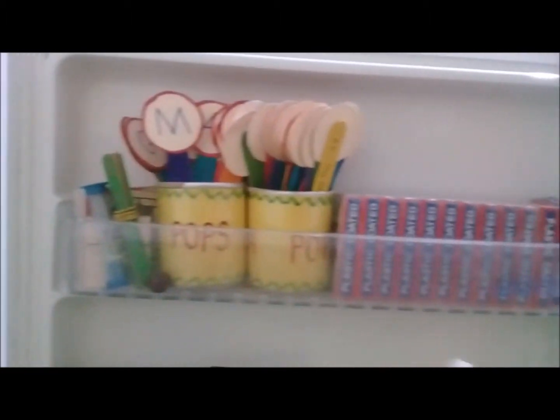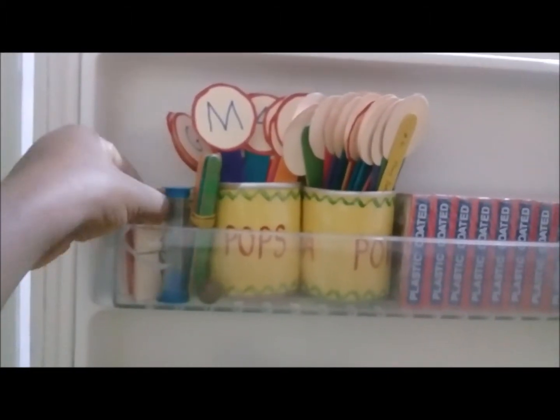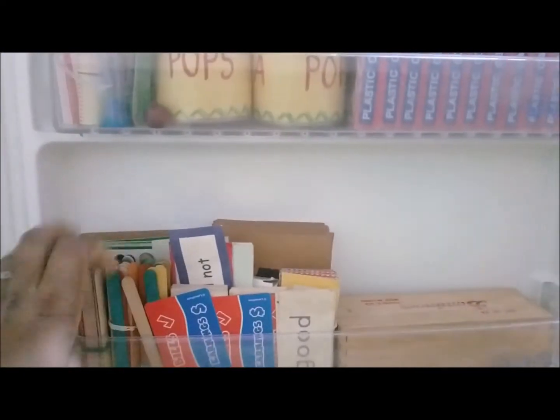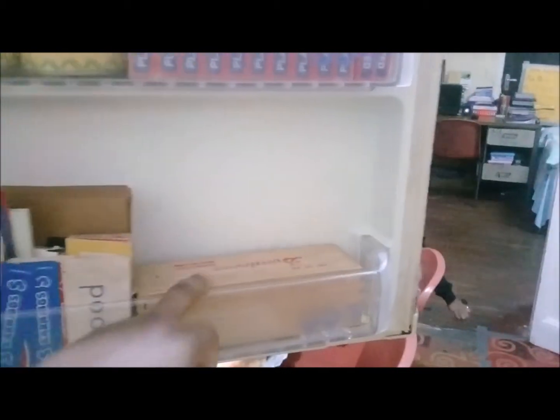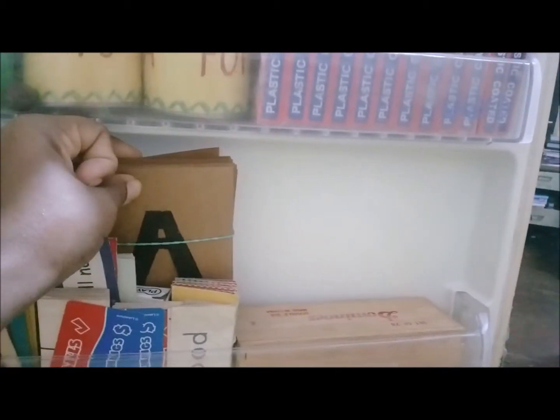We have some pack of cards. We have a timer. We have some picture cards right there. Down here we have some fudge sticks. We have some game cards, some sight word cards, pack of dominoes, and these are some letters of the alphabet